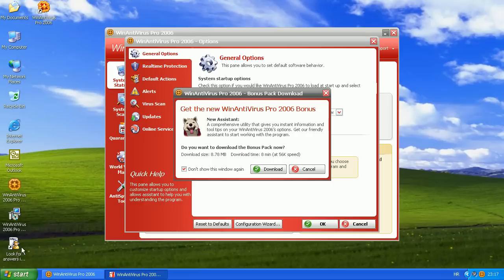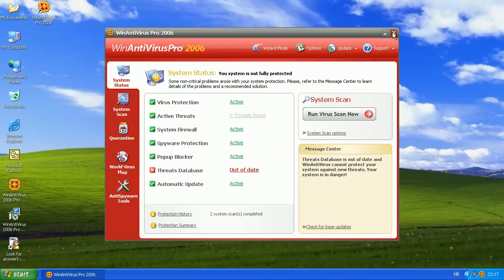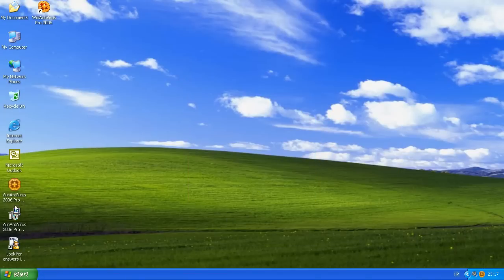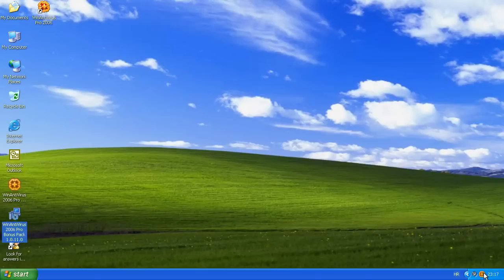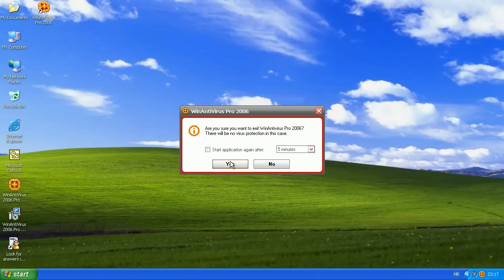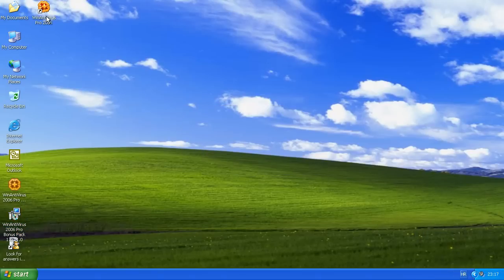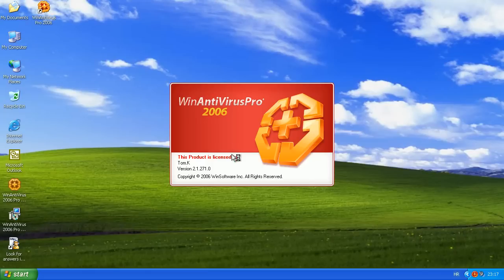that's actually the bonus pack. You want to let this new assistant, which gives you instant information and tooltips for your software options, get your friendly assistant to start working with the program. Well, we'll just install it now anyway. Okay, we're done. We need to restart this. And